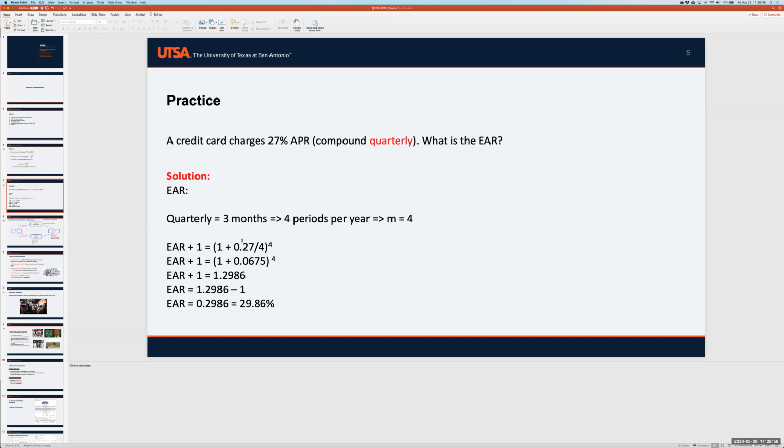We have 4 here. 27% is the APR. 1 plus 27% over 4, to the power of 4, is equal to the effective annual rate plus 1. So we just simply find the effective annual rate, 29.86%. You can do it manually, just solve this question manually, but you should learn